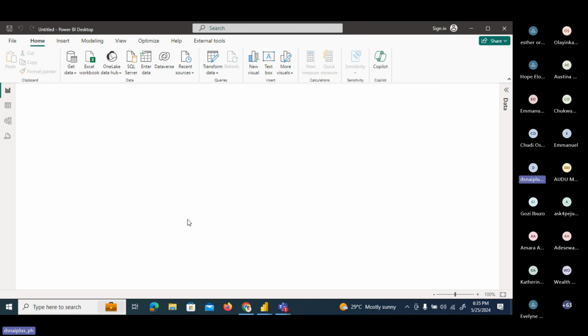Sometimes some people do screenshotting. Some people, instead of screenshotting, convert the entire Power BI to PDF. And then when it's saved as PDF, they can also convert the PDF to images, and then they will send the images. So you can also make